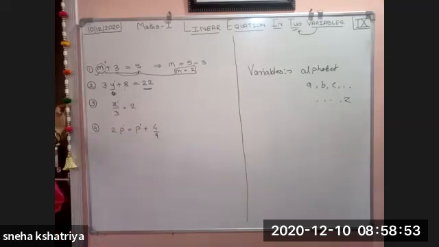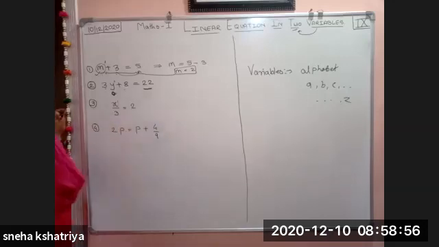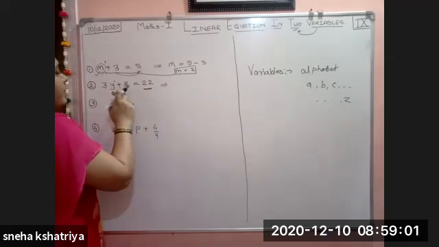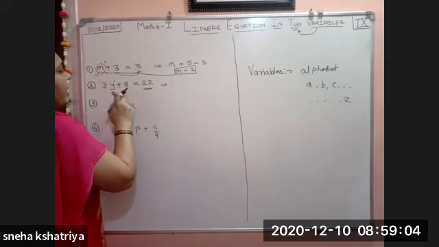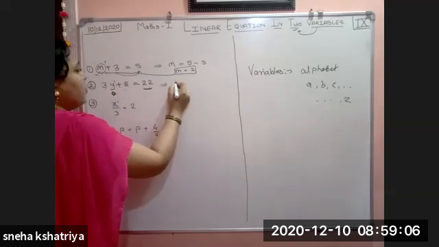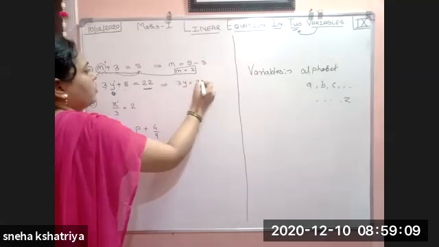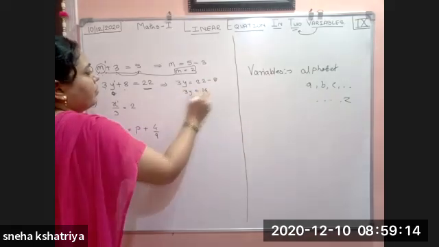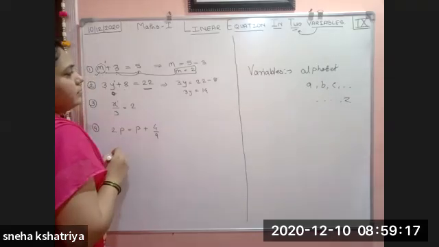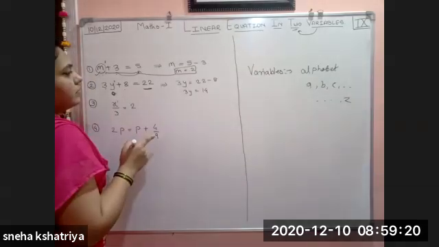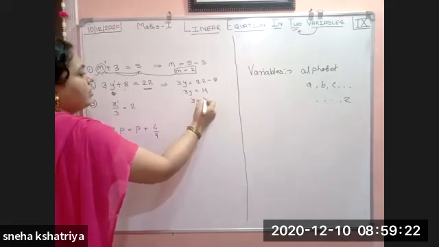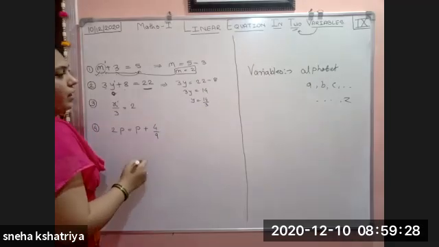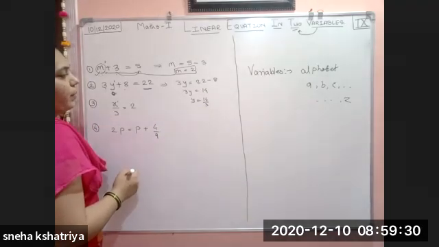How are we going to solve this one? Now see this example here. Let us find the value of y in 3y plus 8 is equal to 22. Shift this 8 to the right side. So we get 3y is equal to 22 minus 8. So this becomes 3y is equal to how much? 14. Therefore, y is equal to how much do we get? This 3 divides here. So we get the y value as 14 upon 3.